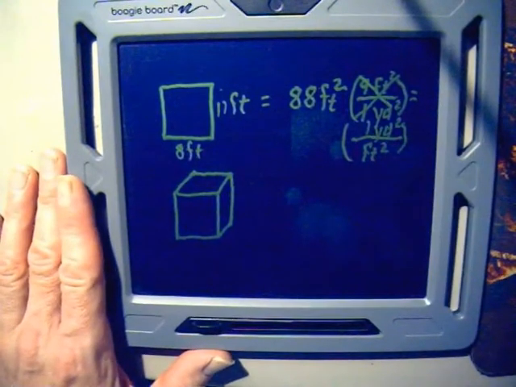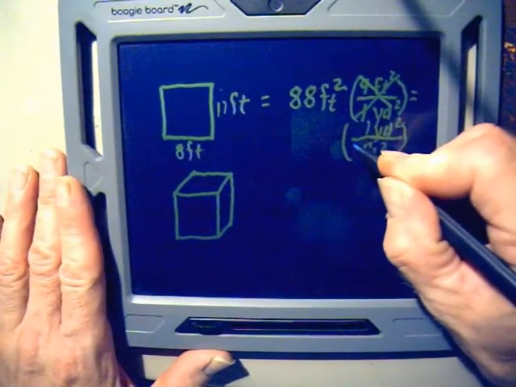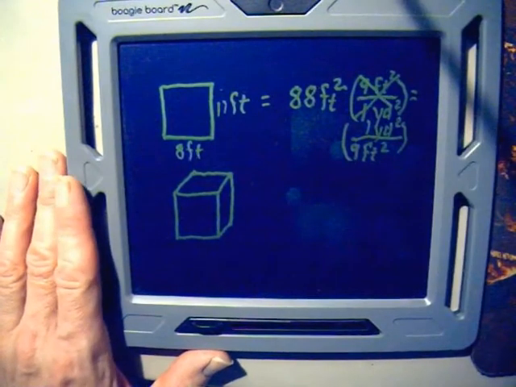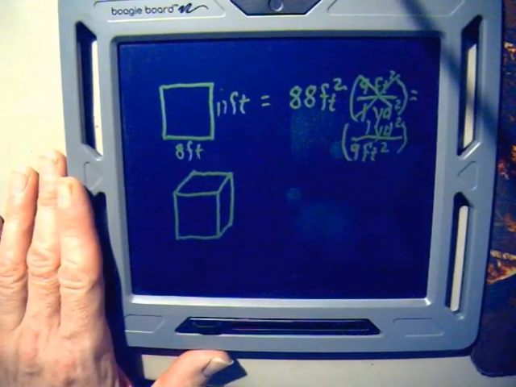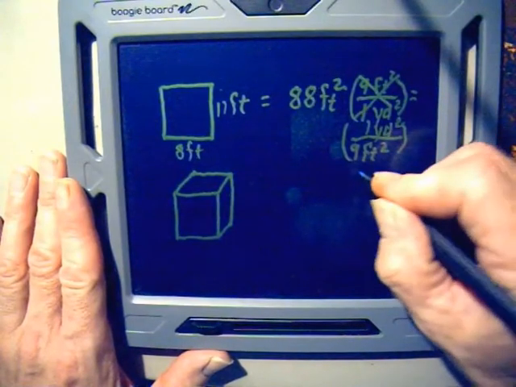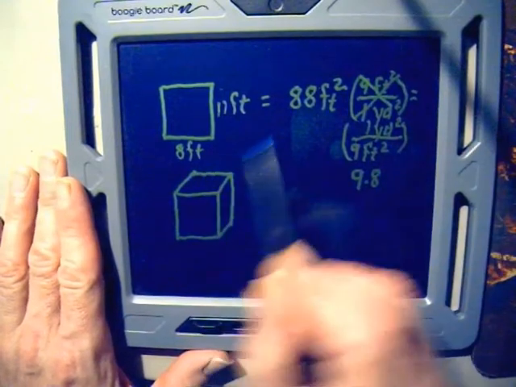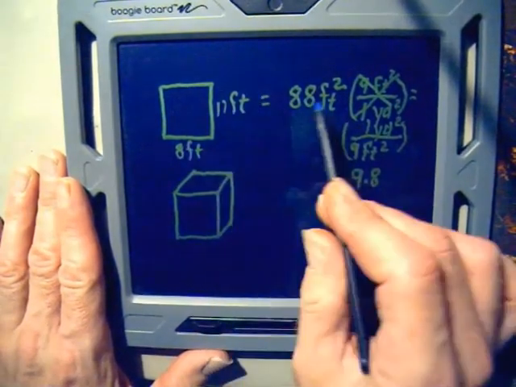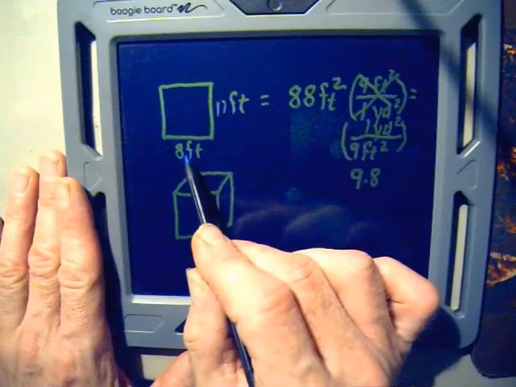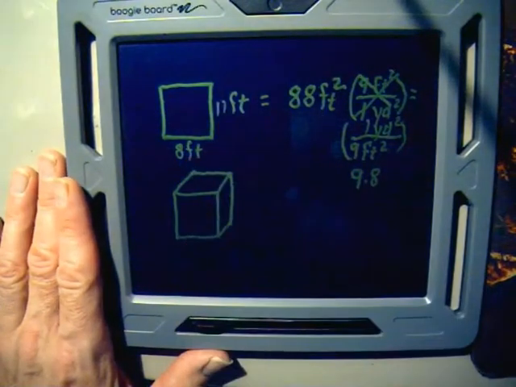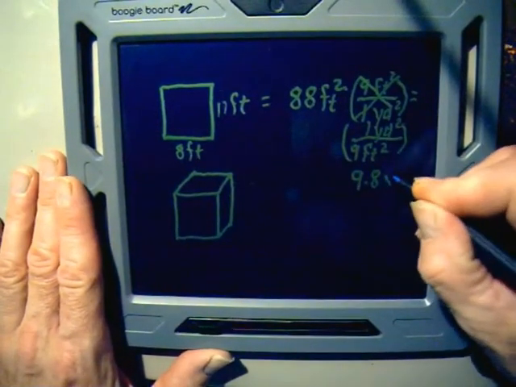So now these square feet do cancel, and there are 9 square feet in 1 square yard, which gives me 9.777 repeating square yards. So that would round, because we're given 2 significant digits here. We're going to pretend that this is an exact number and that's an exact number. So that would give us 9.8